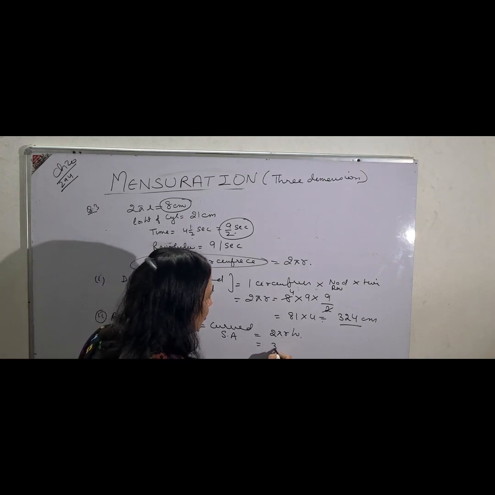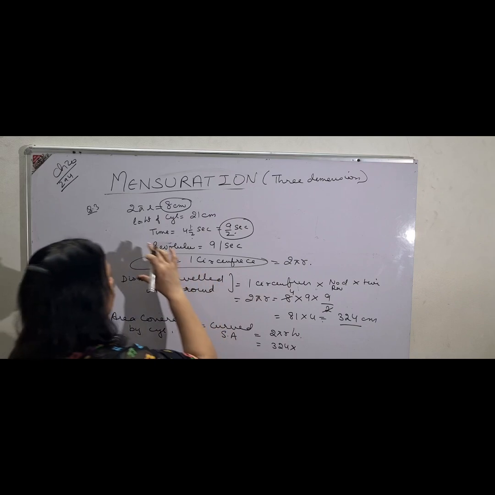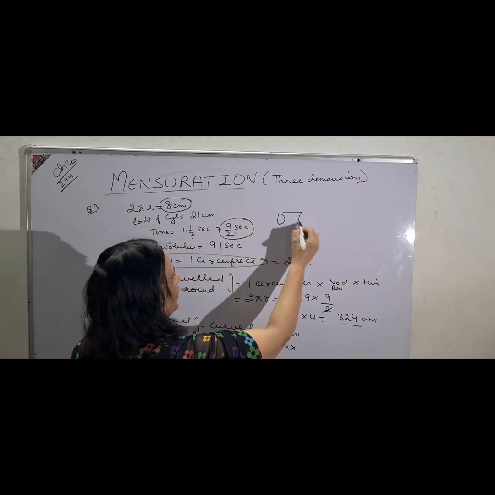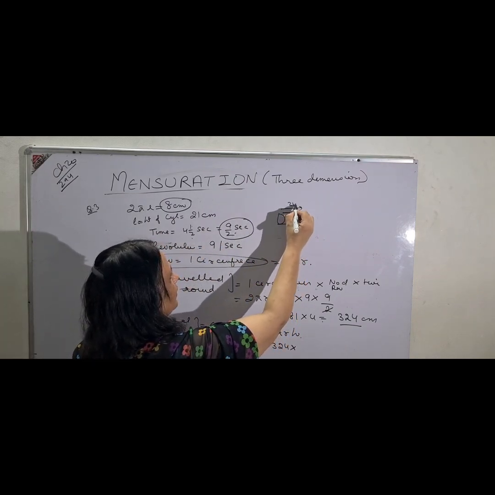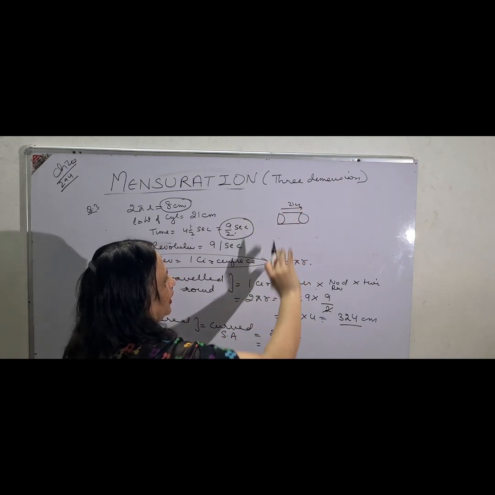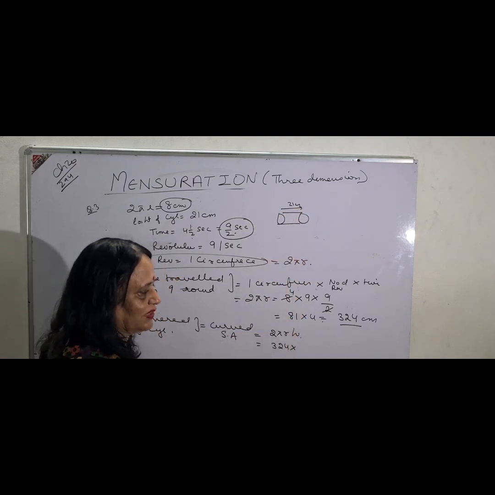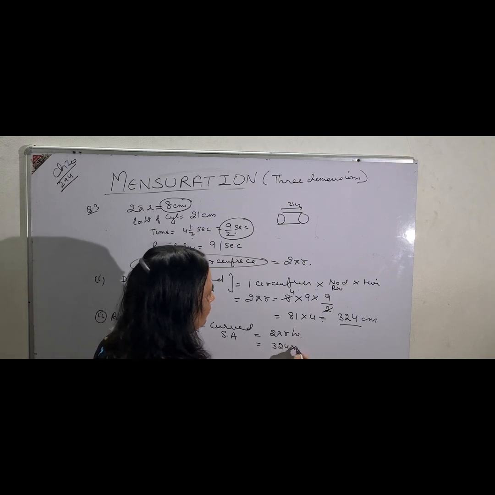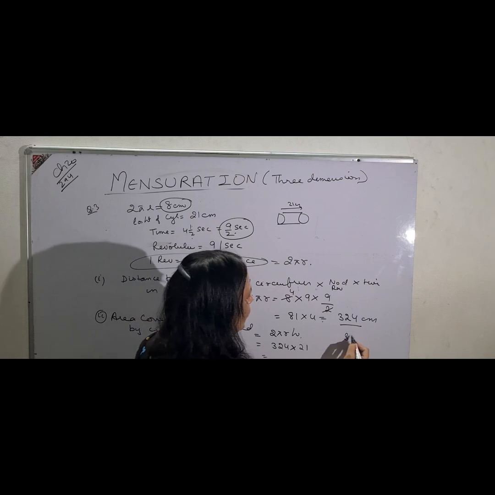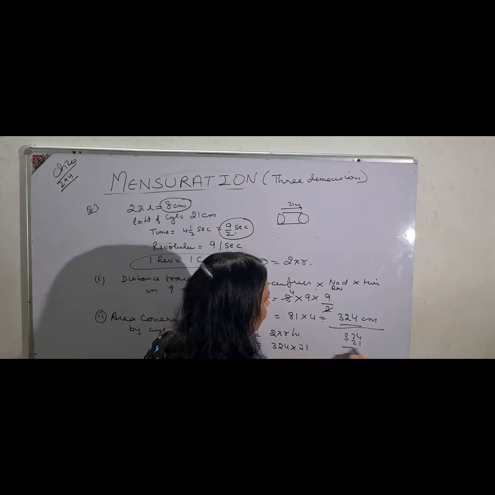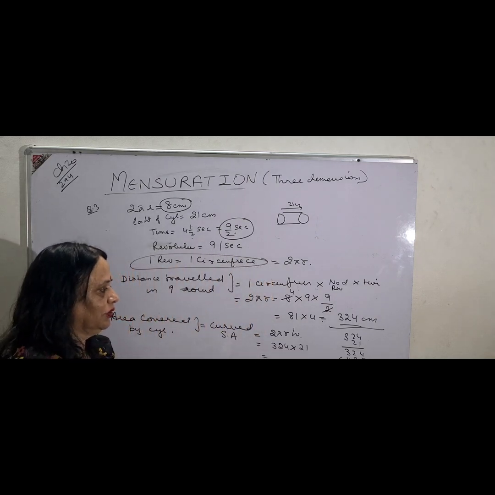So, 324 into, this is the cylinder, this is the height. So, when it moves, the area which touches the surface is 324. This is the distance travelled, and the height is 21. Please multiply it at the side in the rough column. 324, 2 4s are 8, 2 2s are 4, 2 3s are 6, 4 8s are 32, 4 3s are 12, 8, and this is 6804. Again you can check it.